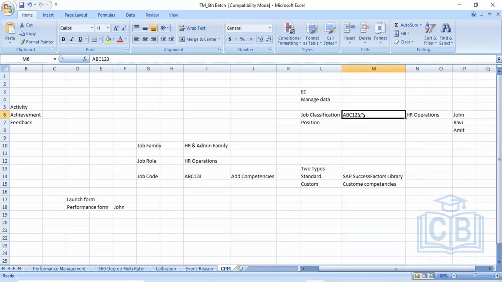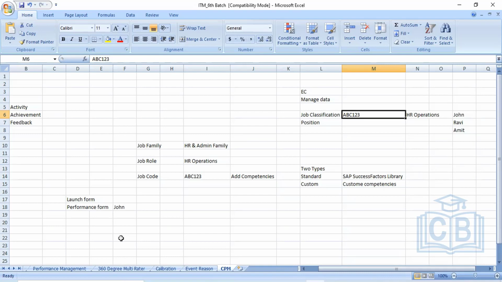So whoever employee is already mapped with this job code, they are able to go and see their competencies automatically. By default, these competencies will come in this particular job code. How we create the competencies in the manage competency section, we will see in tomorrow's topic. So in this way, you can map the job code, job role and these particular competencies altogether.